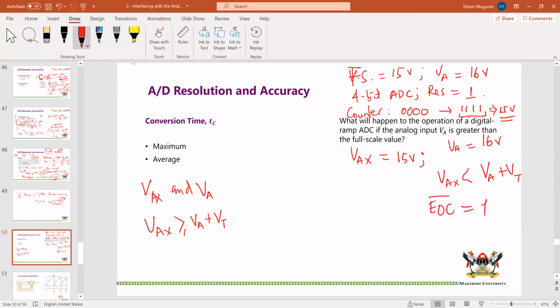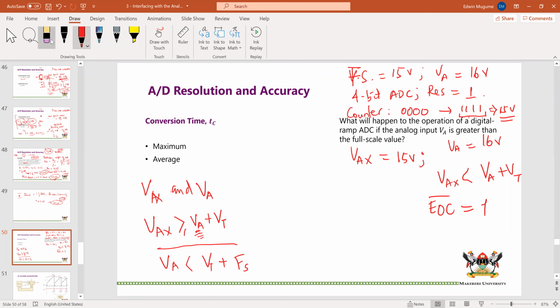And as long as EOC is still equal to 1, the clock signals would come into the counter and the counter will continue to count. It means in this scenario, the counter will count forever. You will never convert a value of analog signal that is greater than the full scale of the counter. In this case, you would need a larger counter that counts up to 31. Therefore, if we look at this, it means then that